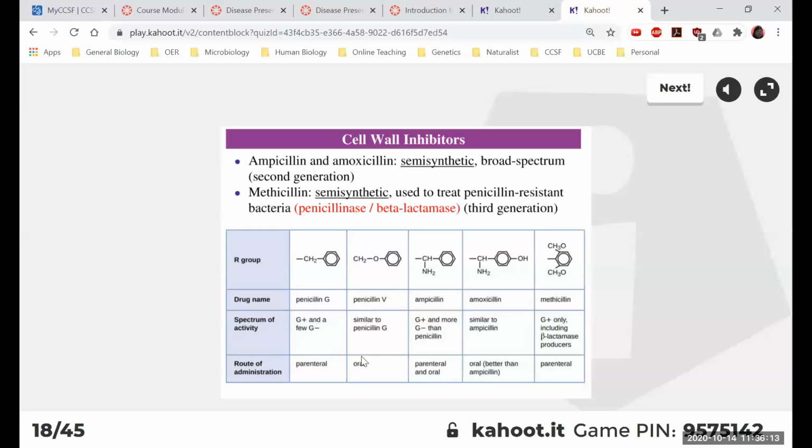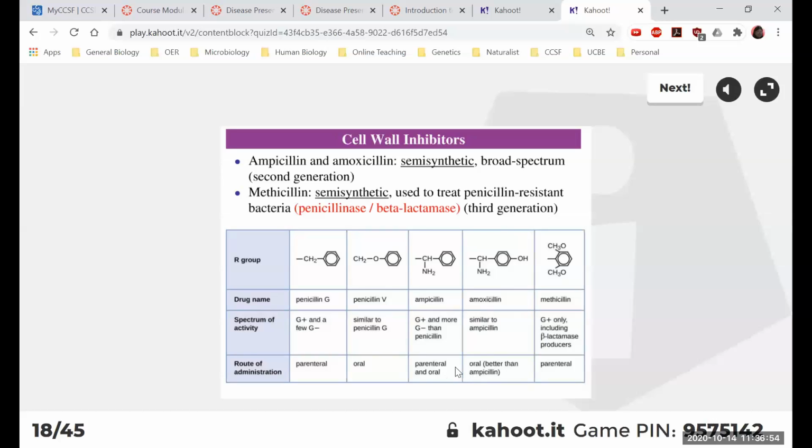So once again, this is the first generation. And then scientists, chemists, actually a lot of pharmaceutical companies literally hire a lot of chemists to do this kind of stuff. They started modifying the R group. And that gave us ampicillin and also amoxicillin. So ampicillin and amoxicillin belong to the second generation of cell wall inhibitors. And the modifying of the side group basically increased the spectrum. So now, in addition to working against gram-positive bacteria, these two are actually working against a lot more gram-negative bacteria as well.